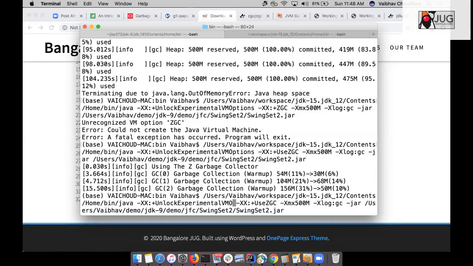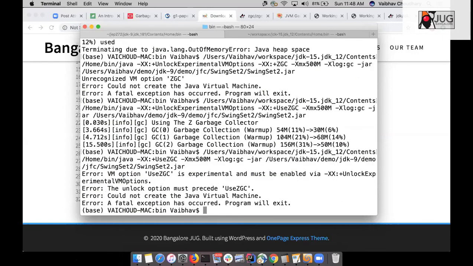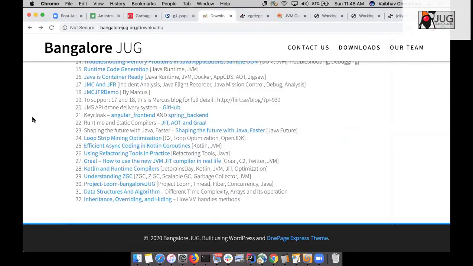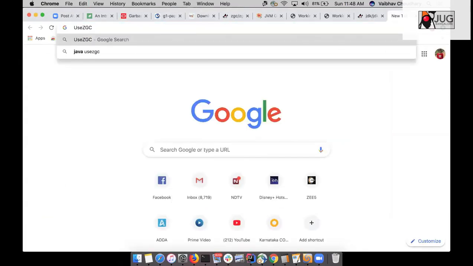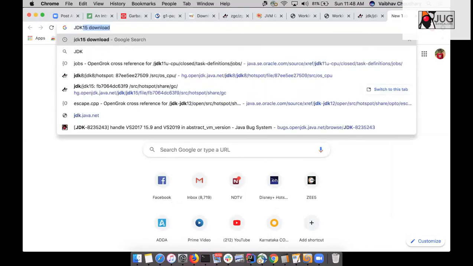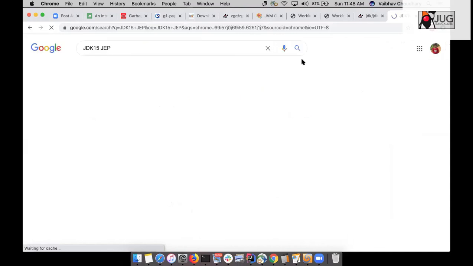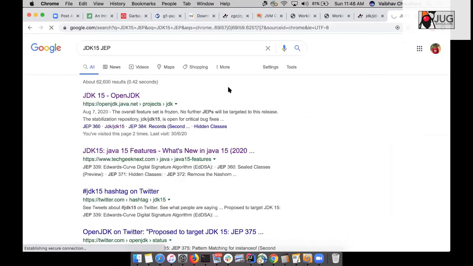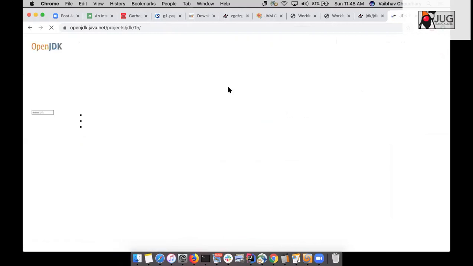I'm running JDK 15, so if you are right, it would still call for UnlockExperimentalVMOptions. Let's see whether whatever you claim is true, because I remember Chandra mentioning it yesterday. If you are saying JDK 15 has changes, then we can directly get it from the JEPs.